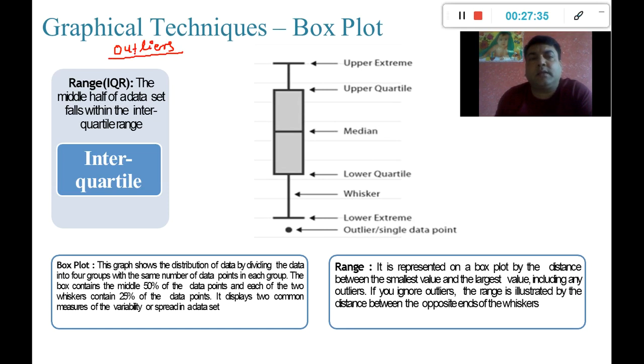And what are these outliers? These outliers are nothing but the data points or the values which are not supposed to be logically in line with the data. So maybe if the data is labeled as the married people's age, and now suppose in the married person's age column there is a value called 3-year-old.